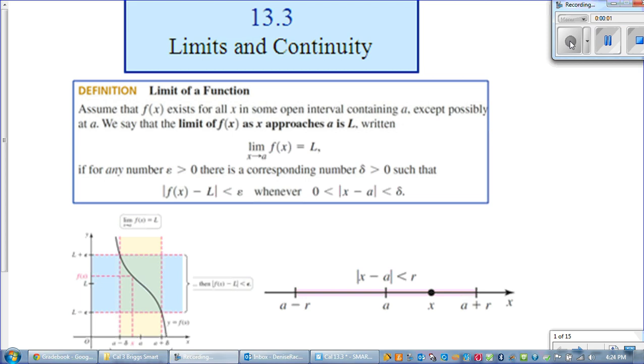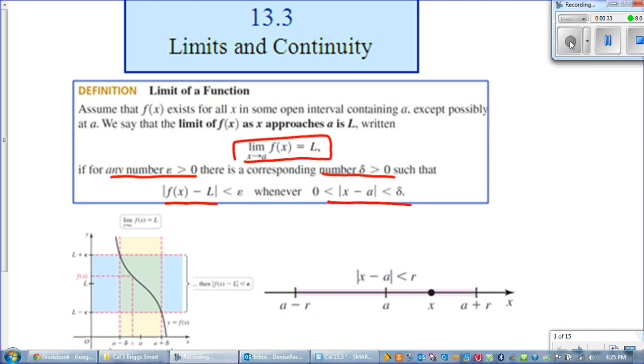Recall the definition of a limit of a function with one independent variable. Assume that f of x exists for all x in some open interval containing a, except possibly at a itself. The limit of f of x as x approaches a is L if for any epsilon greater than 0, we can find some number delta greater than 0, so that if x is chosen within delta units of a, then